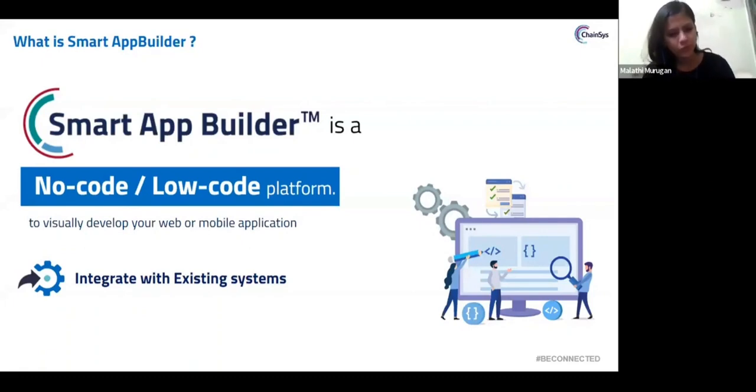The key advantage of this application is that an essential ERP application can be constructed by end users using simple drag and drop functionalities, and it doesn't require any programming knowledge. It also helps with pre-built templates and user-friendly interfaces.